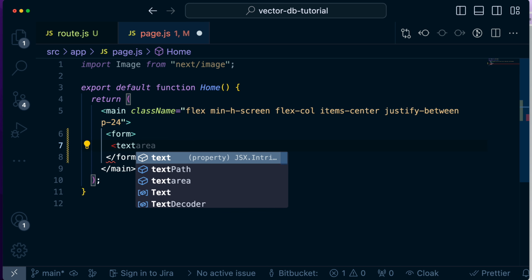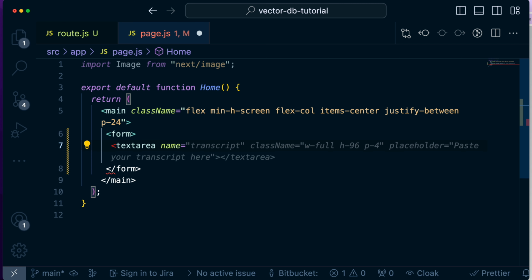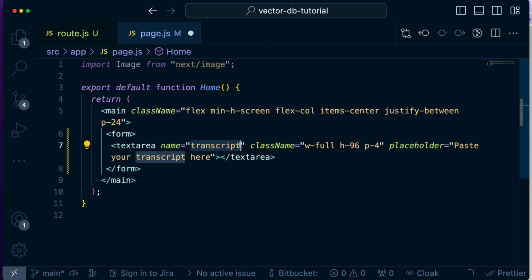In the text area, we will pass this transcript, because that's the value that we want to take there, and also just the number of